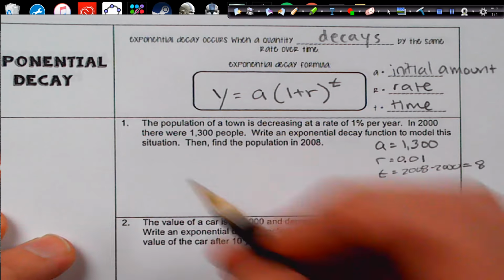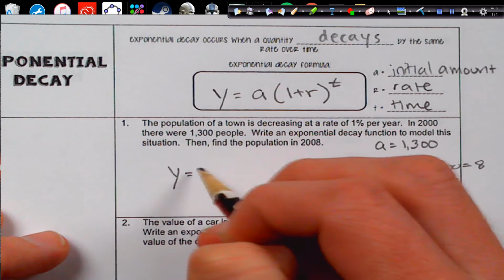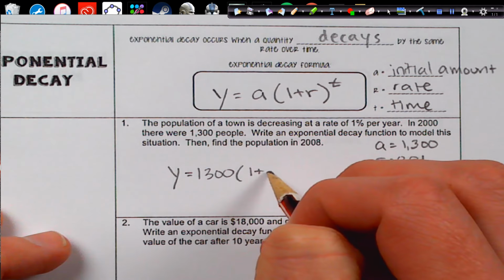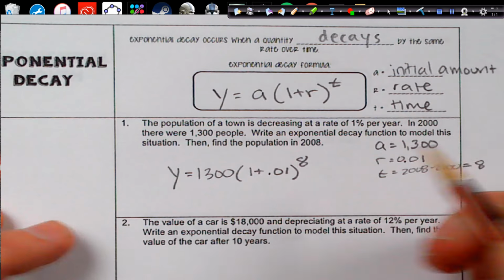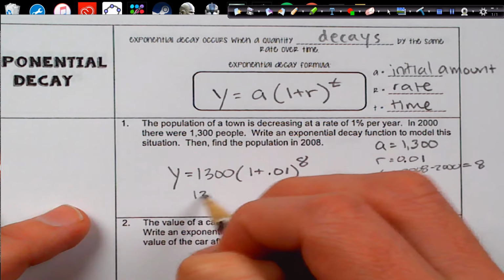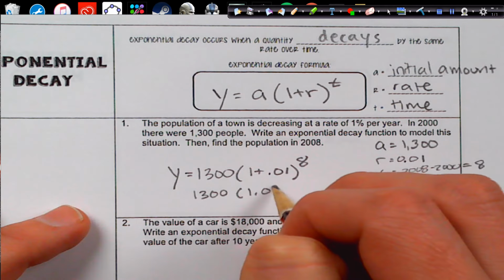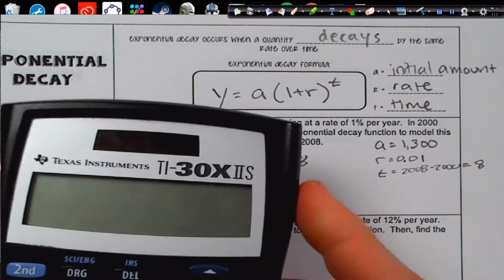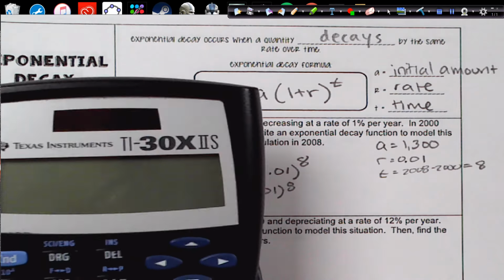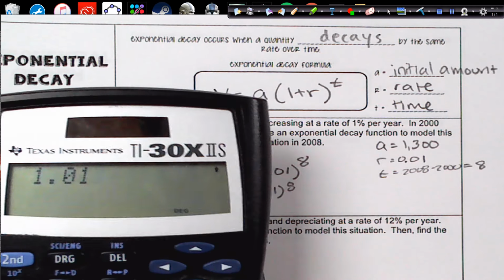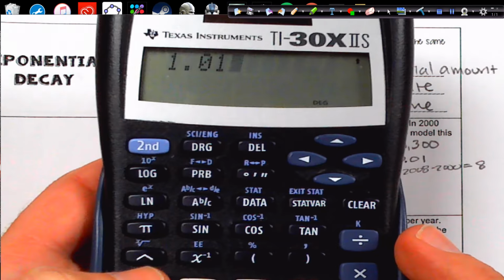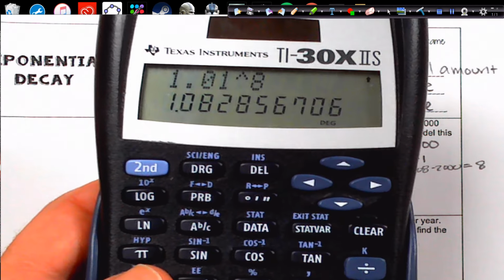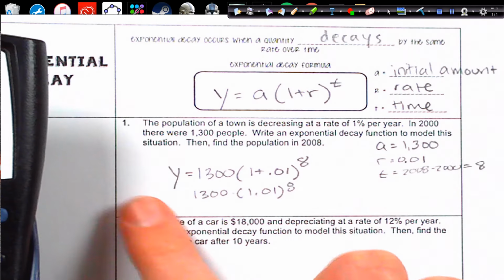Okay, then we just plug it into the formula. y equals 1,300 times (1 plus 0.01) raised to the 8th power. So this is going to be 1,300 times 1.01 to the 8th power, and we just grab our calculator and we can do this work. Okay, so I'm going to do 1.01. And now we can use the caret symbol, it's this little arrow up, to the 8th power. And we're going to get this crazy number. And then we're going to multiply